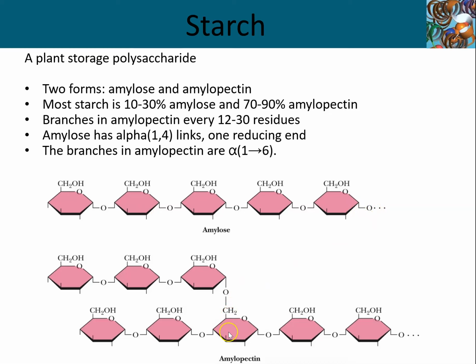Here we have a 1,6 linkage, and because this is now a bound anomeric carbon, and we don't have a free anomeric on the opposite side of the 4 position here, all of these are bound. This branch is non-reducing, even though we have reducing ends on the very end of the amylopectin, where I'm circling in the bottom right-hand corner.